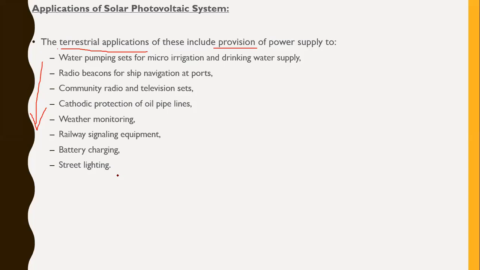Okay, next, community radio and television sets. Community radio means a radio used for a community or for a limited purpose, and television sets we can use with this power. It is possible to give power supply, and these community radios and television sets are capable of working with the power supply of photovoltaic cells. Okay, next